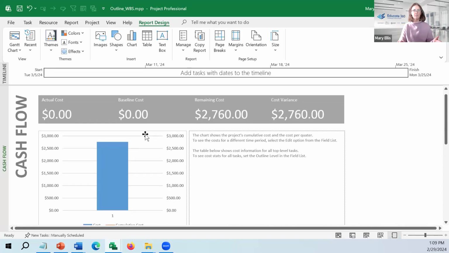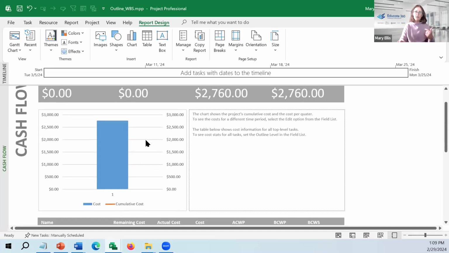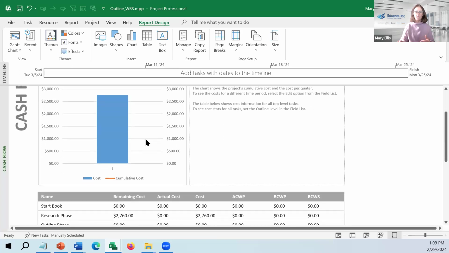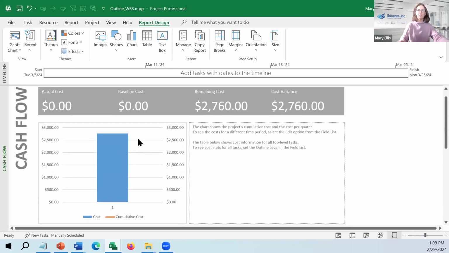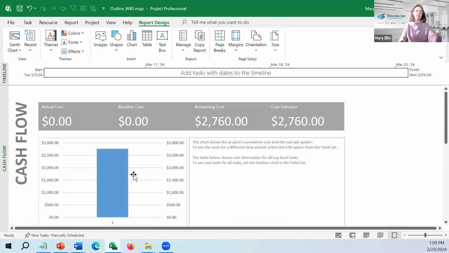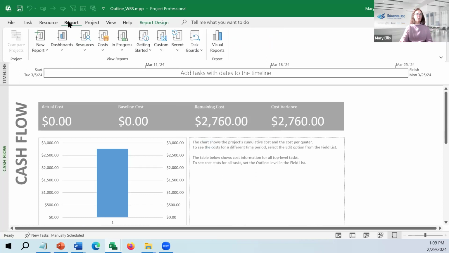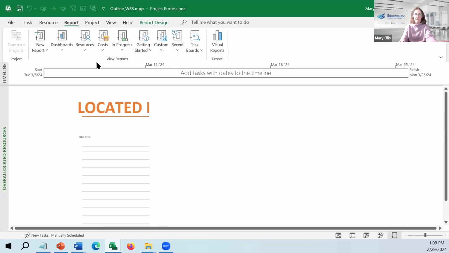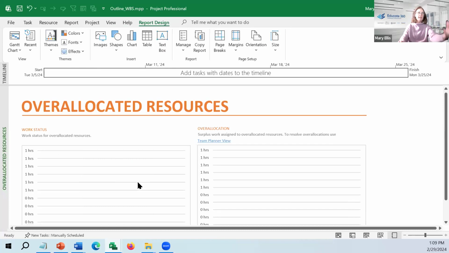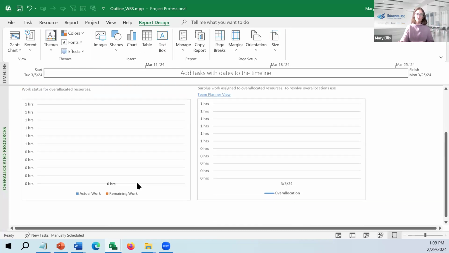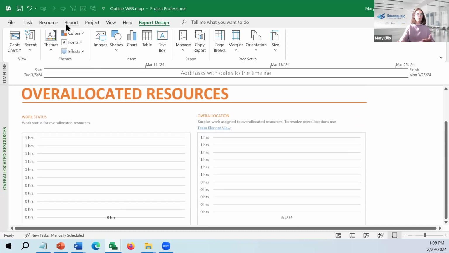All right, you might not think it's gorgeous, but old project, I've been using this since Project 4. I had to export my data to Excel and then manipulate Excel to make charts. When they came up with that report tab, I was like, oh, that's sweet. Resources. Hey, who's over allocated? I don't have anyone right now, but that capacity, how many hours are they over allocated? Report,